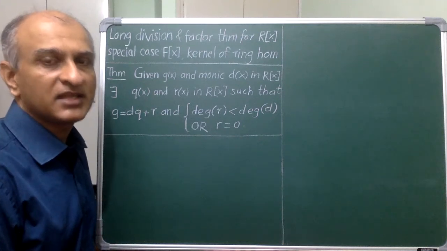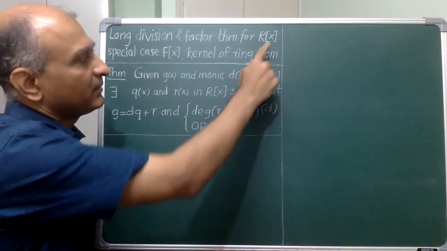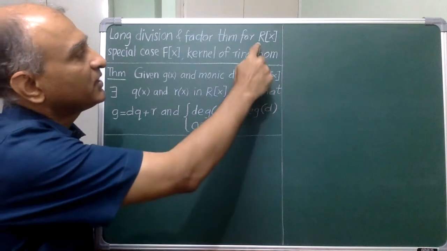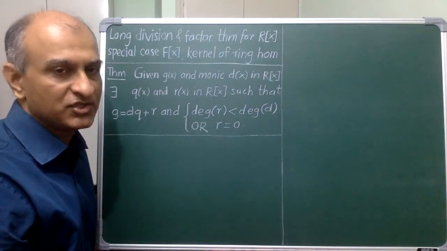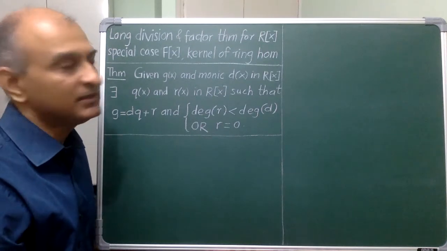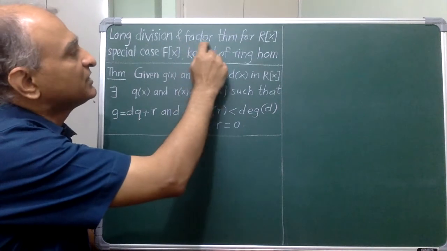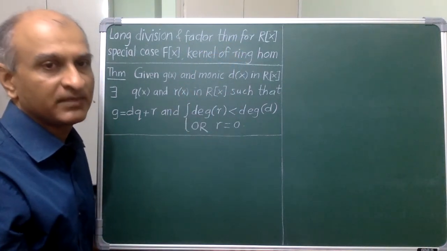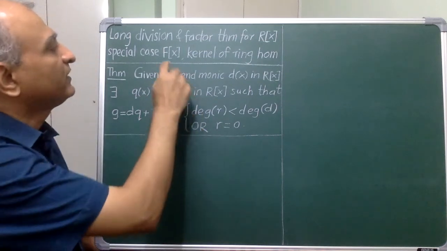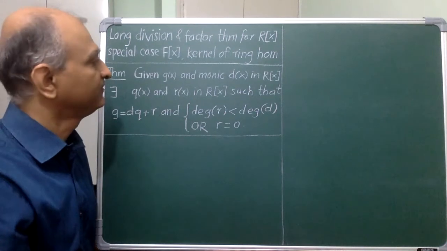We come to the last and most concrete part of this class, and the situation here involves a polynomial ring in one variable over an arbitrary commutative ring R. Here I am able to do long division by any monic polynomial, and this fact, along with its important consequence, the factor theorem, are going to be very important tools for us, especially in the case where the ground ring is a field. So let's see the precise statement.